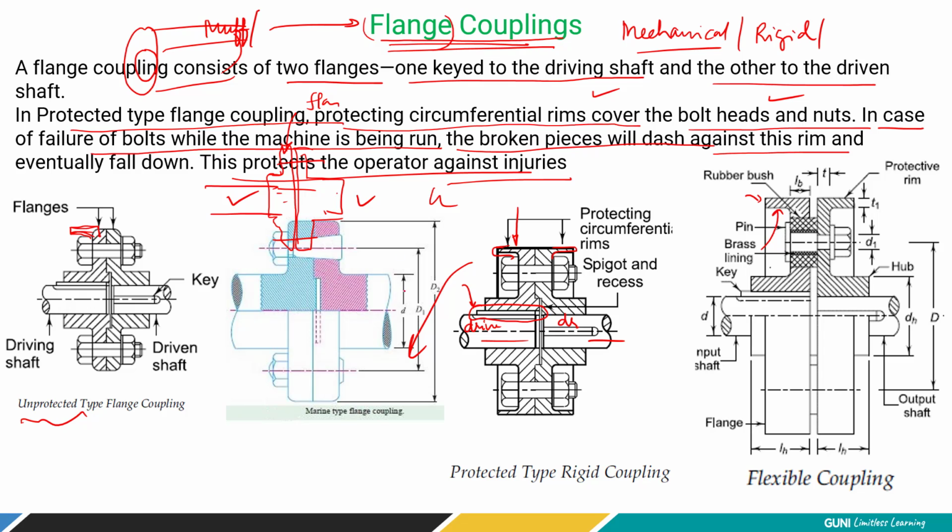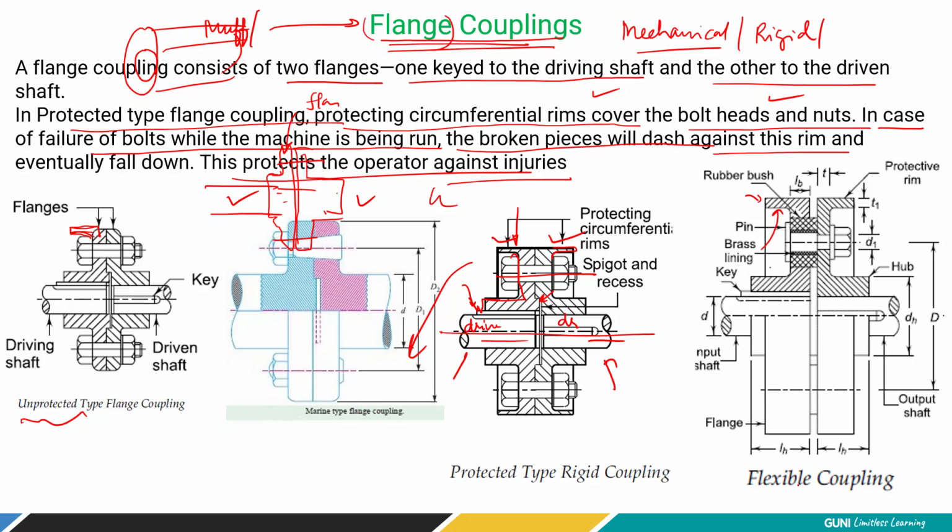Now here, the main components of the flange coupling are two shafts, that is driven and driver, then the key, then these hub portions, then the nut and bolt which join the two halves. And you can also see this recess portion, which is used to fix or assemble the two halves of the flange coupling in an aligned way. So it helps to keep the assembly centered, and it is not going to misalign.